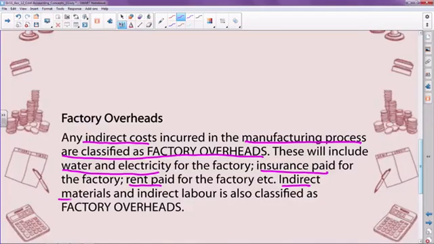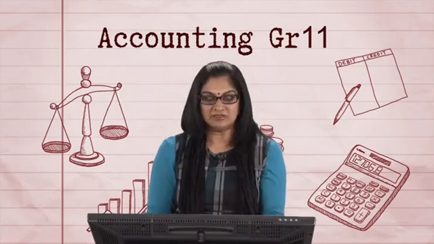Indirect materials and indirect labor are also classified as factory overheads. Right, two very, very important concepts. Indirect materials,